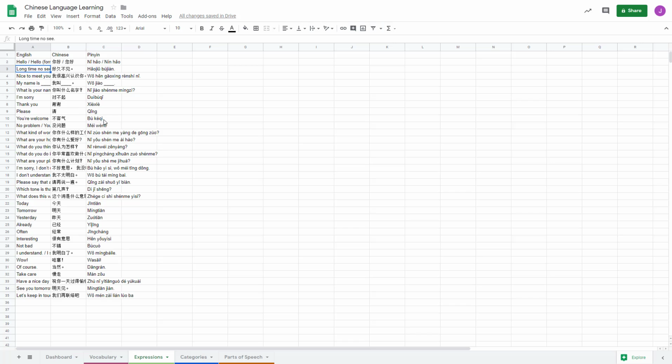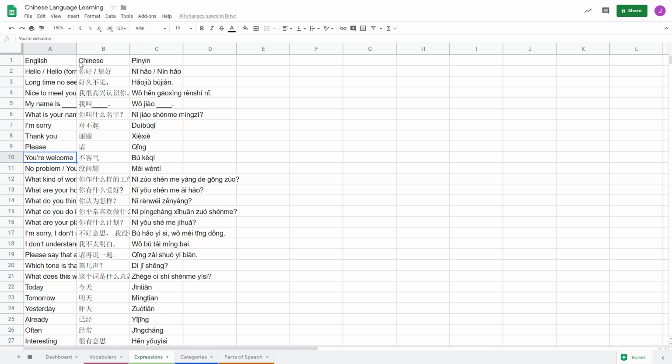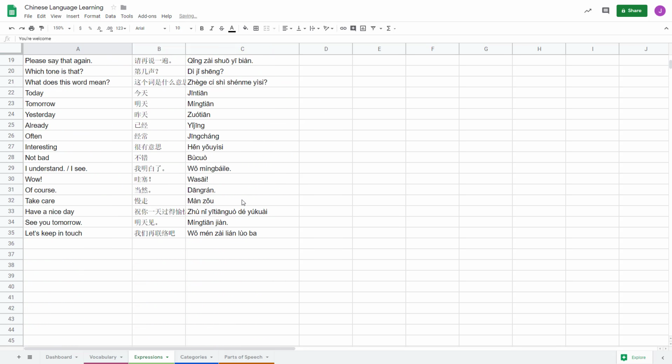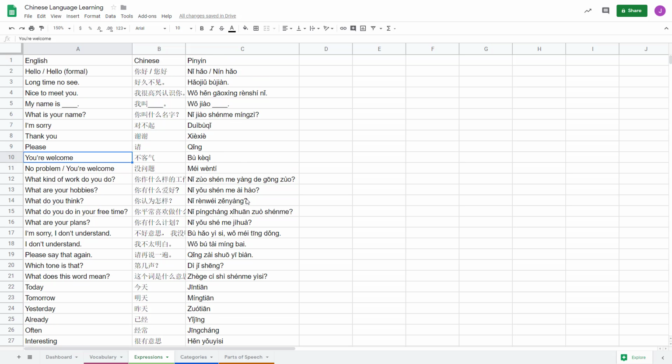Let's see if I can make this a little bit bigger. Sheets does not like, I can go to 150%. Perfect. So I've got my English, Chinese, and Pinyin columns all in the right place, ready to help me study, make some flashcards,